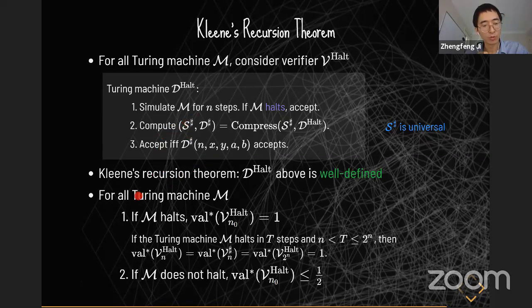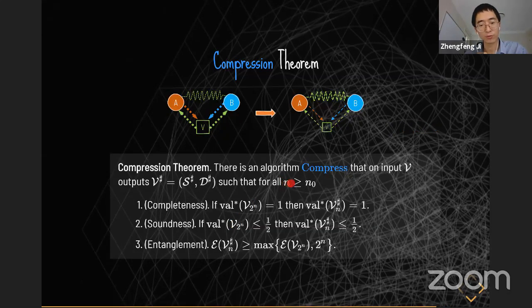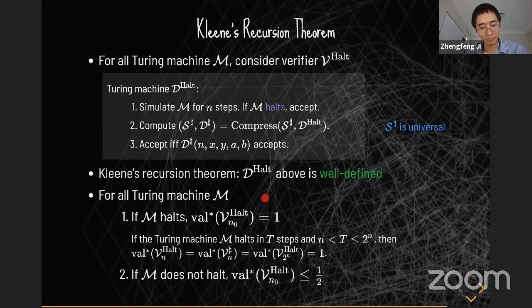And based on this definition, we can claim that if M halts, then the entangled value of this game of particular size n0, where n0 is where the compression works, is 1. The compression theorem works for n at least some fixed constant n0. And the way to see this: if this Turing machine halts in t steps, and if t is less than n, then you would already see this in the first step, and of course the value is 1. But if, for example, it's in between n and 2 to the n, then by this simple argument, the value of this, V-hat on index n,